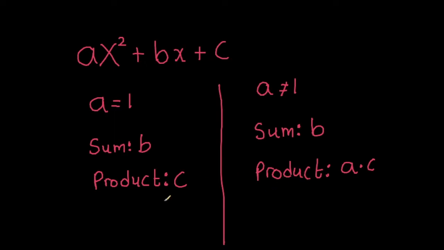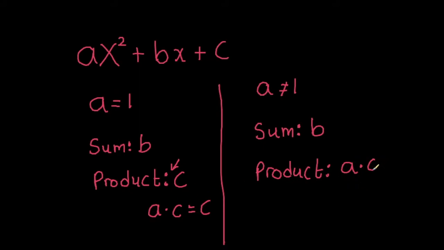And that's it. The only difference is that the product of those two numbers we're looking for is different. And you can also say they're not different, because here we're also finding a times c. Here too, we want two numbers that multiply to a times c. It's just that a is equal to 1, and so a times c is just equal to c. So we don't need to perform that operation of a times c. But in this case, a is not equal to 1, and so a times c is not equal to